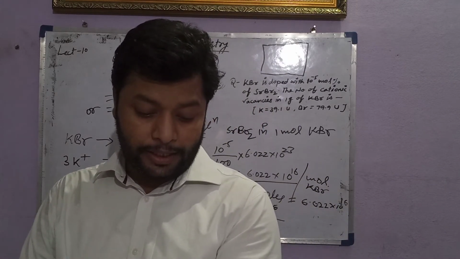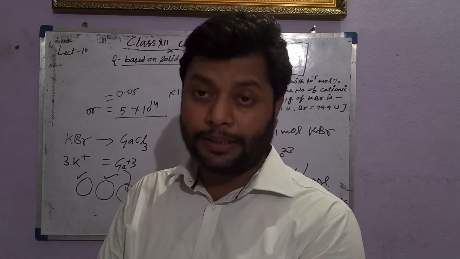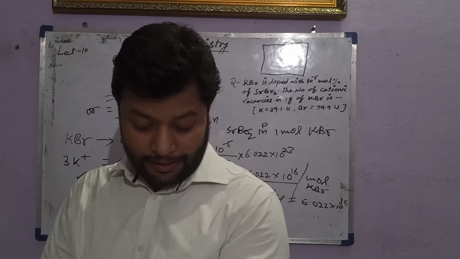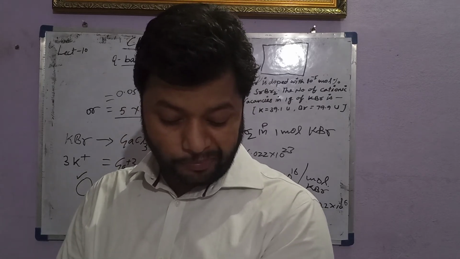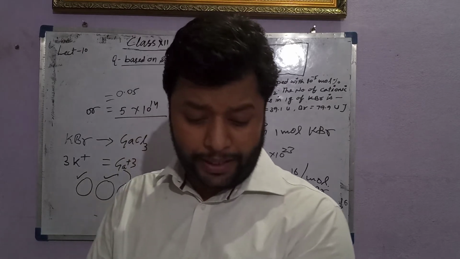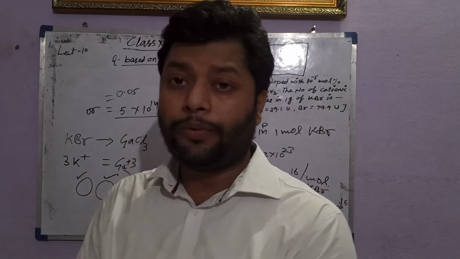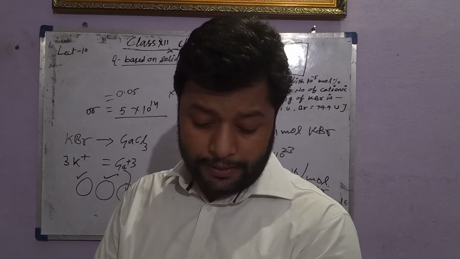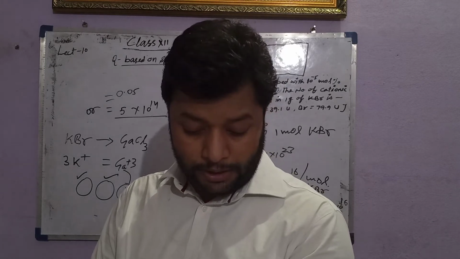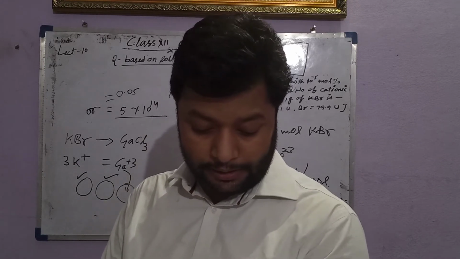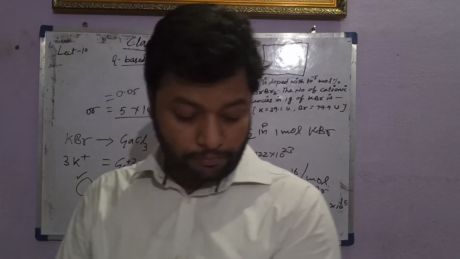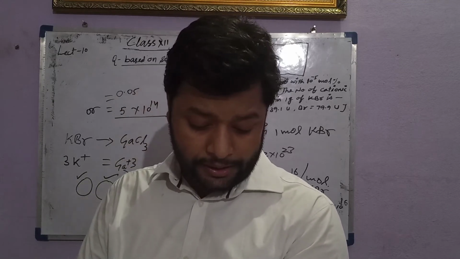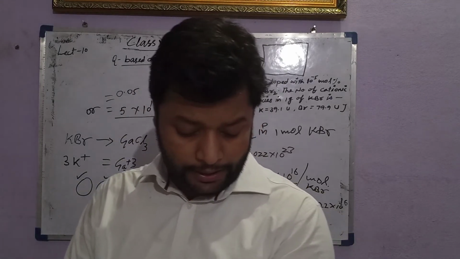How many lattice points are there in one unit cell of each of the following lattices? Face-centered cubic, face-centered tetragonal, body-centered. Face-centered cubic, okay, so FCC. In FCC the number of lattice points is 14. Face-centered tetragonal does not usually exist in crystals, so it is not a common crystal. Body-centered: 8 corners plus 1 body, 9.